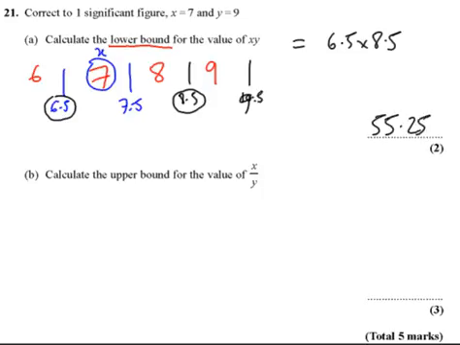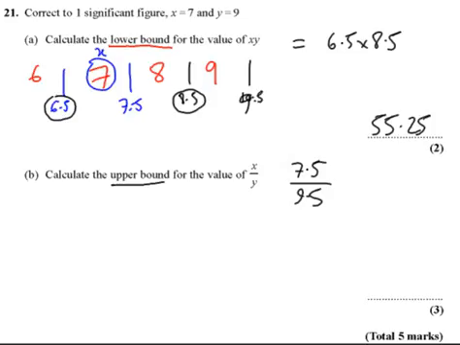Now, here's the important one. The upper bound for the value of x divided by y. A lot of people will assume that the upper bound is just taking the highest possible value of x, 7.5, and dividing it by the highest possible value of y, 9.5. That is not correct. The reason is you're trying to find the highest possible value of x divided by y